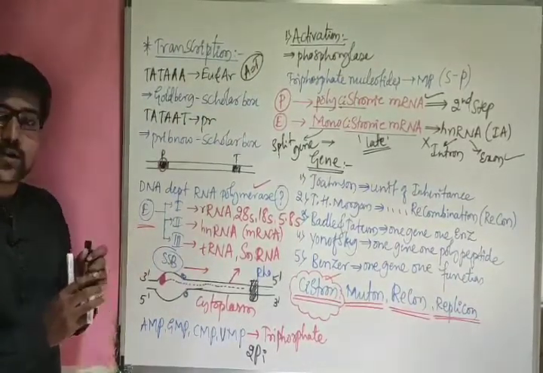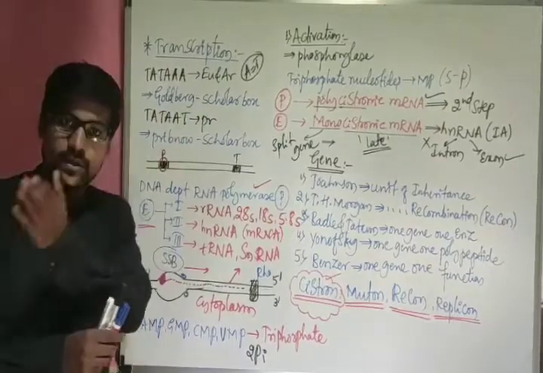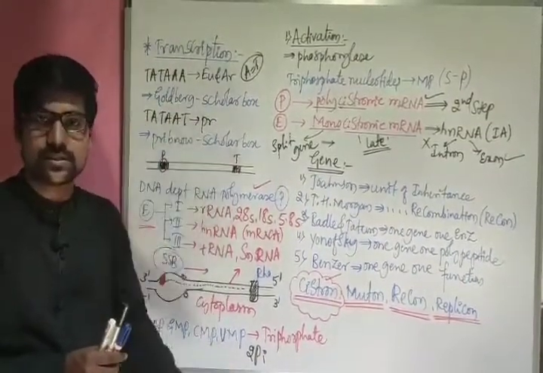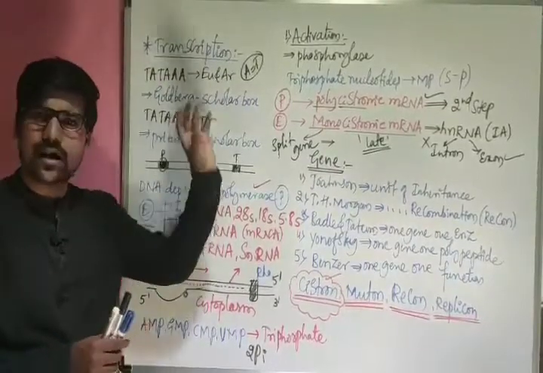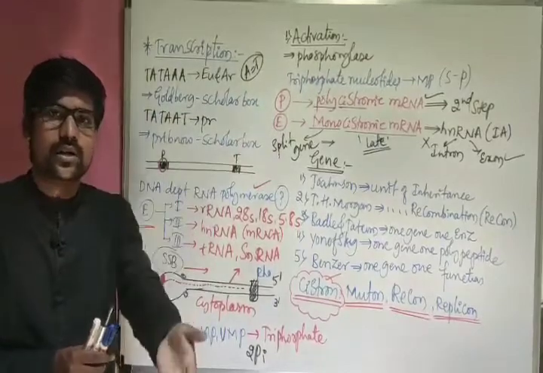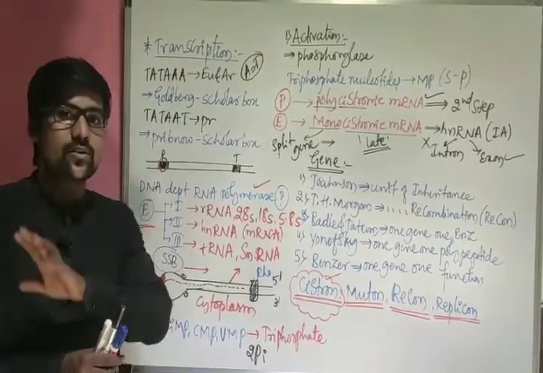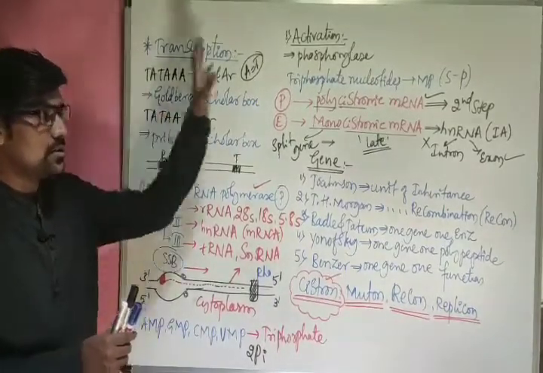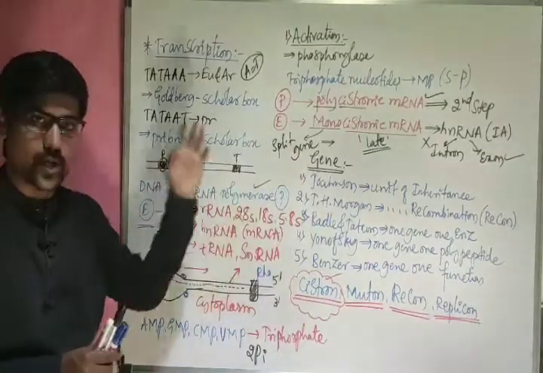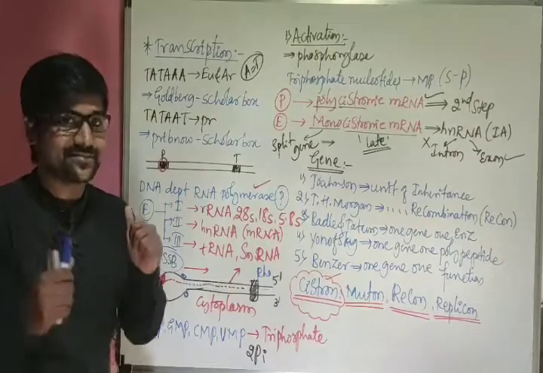So these are the things. In the previous video we focused on this overall transcription along with some other concepts. The theory, that is how the process happens, is already given in the NCERT book. Once you see that concept, focus on these things, scientist names and all these aspects, right? Thank you.